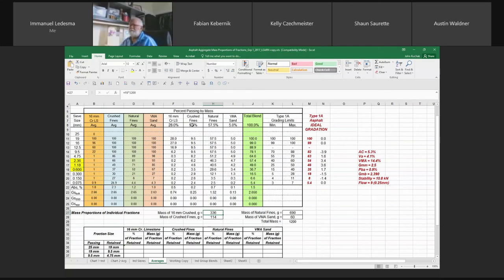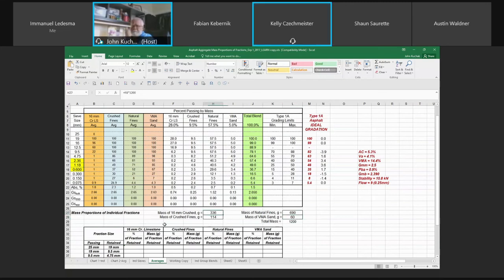I'm going to use 9.5% of crushed fines, which works out to 9.5% of 1,200 is 114. I'm going to need 690 grams of material from natural fines, and I'm going to need only 60 grams of the VMA sand, because I'm only using 5%. So if you total these,